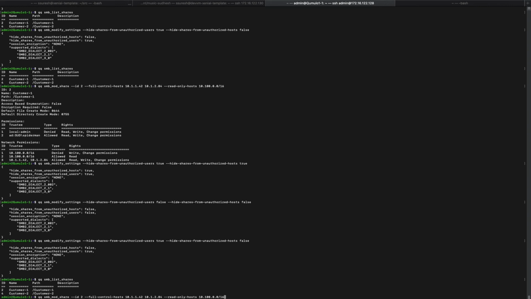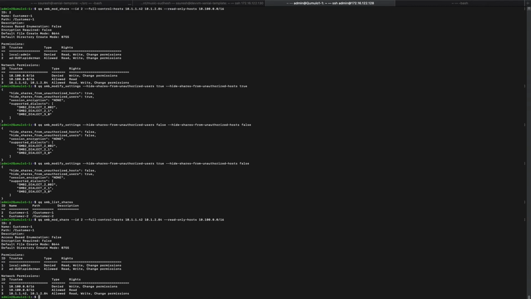So even if an authorized user is trying to access the share from an IP range which is not in this range, they should not be able to have any access. That's the point here. So let's put this setting, and now we have this setting here. The IP range of my Mac from which I'm trying to access this is not in this range. It's 172 point something. So any user trying to access any of the shares on this cluster from it should not be able to see it.